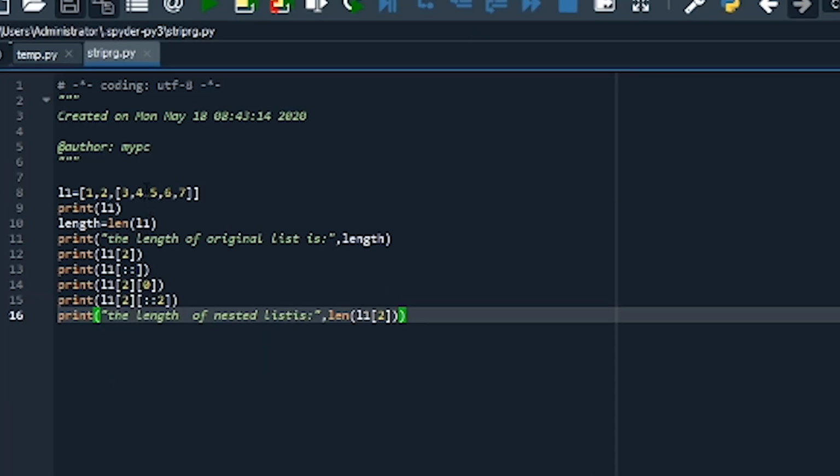That means if we enter a value in a list as a list, that list is known as a nested list, and we can access the nested list in the same manner that we use to access the element of a list. So in this case, print the length of the original list. When we give it, we will get only 3, because this will be considered as one element within the list. And to get the length of the nested list, we have to mention the index position like this, 2. So index position 2, that is here the third element, you can get it.